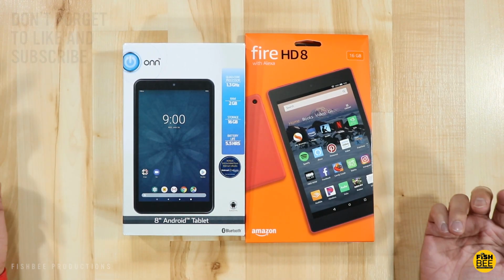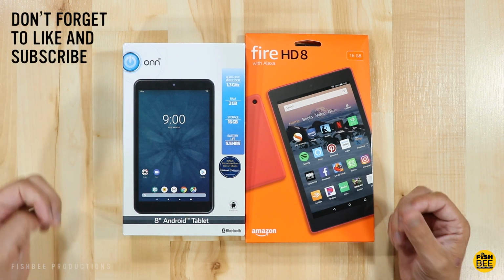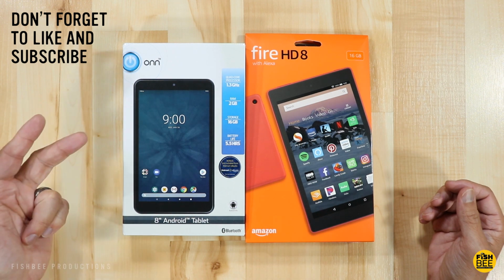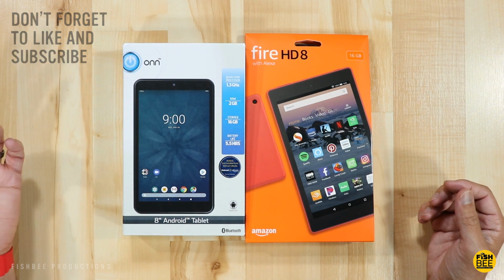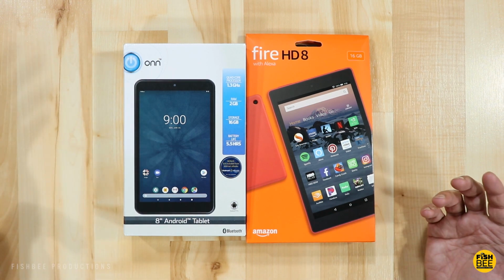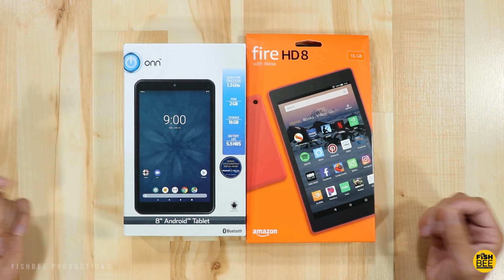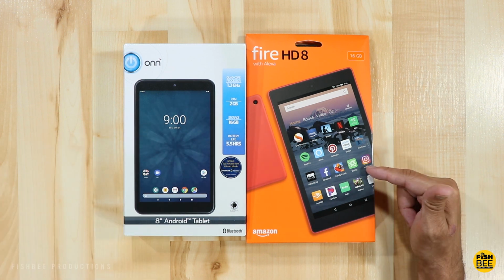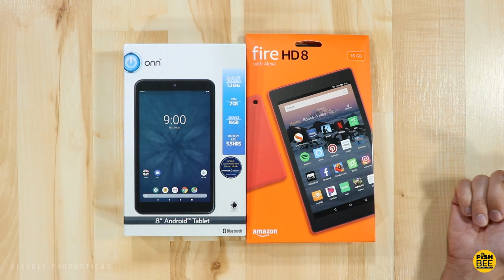So Walmart and Amazon compete against each other in just about every area. And recently Walmart just released 2 different Android tablets with their On brand, and I didn't even realize On is considered their own in-house brand. So we're gonna look at their just released 8-inch Android tablet, and we're gonna compare that directly against the Amazon